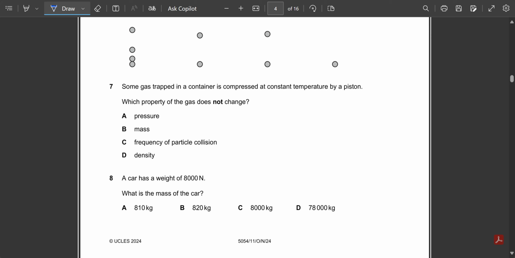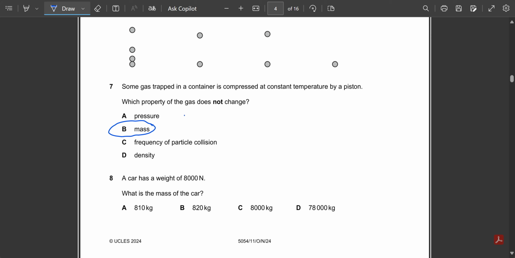Some gas trapped in a container is compressed at a constant temperature by the piston. Which property of the gas does not change? Okay, since the gas is compressed, the pressure will change, the frequency of the particle collisions will also change, and the density will also change. The mass will not change,